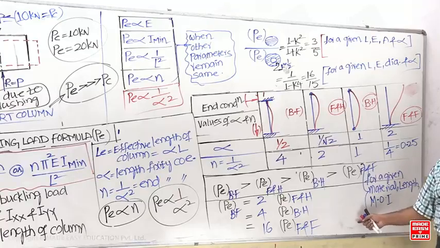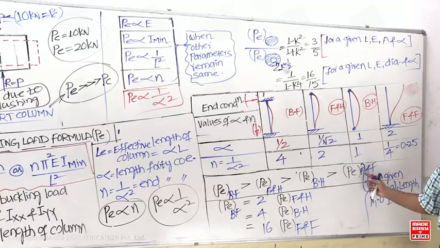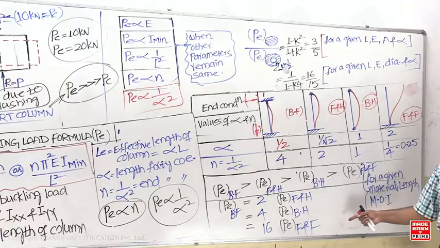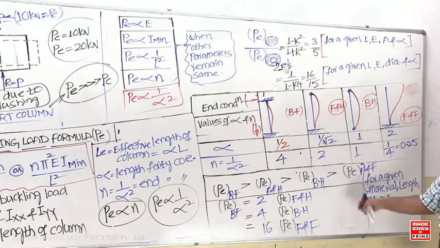Only one small topic is left out, slenderness ratio. So I'm going to do that recording. One more lecture will be there, maybe half an hour, 45 minutes, on slenderness ratio. As well, we'll do one or two questions from the workbook. But most of the objective questions can be completed with this now.